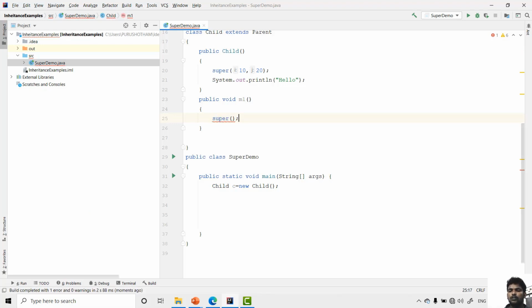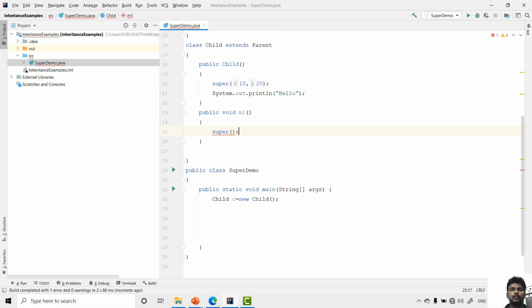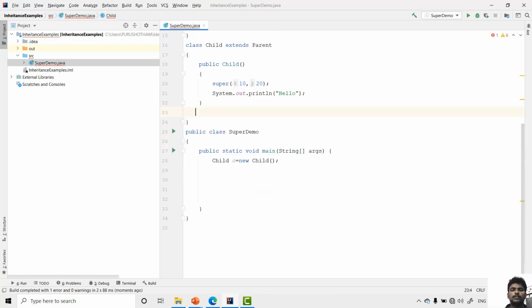Next rule, this and super. This method is used to call current class constructor and super is used to call parent class constructor. So this and super, either you can use only once. Either you can use this or either you can use super. Both are not possible at a time.